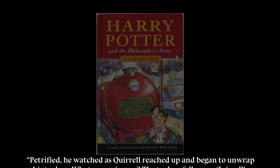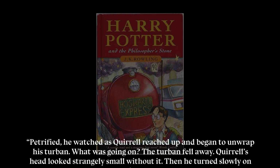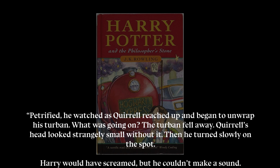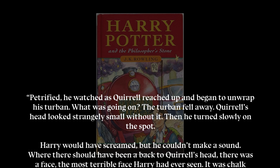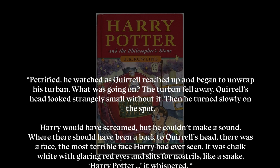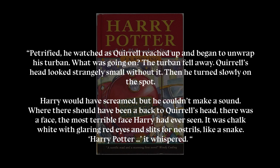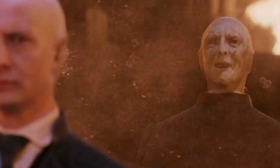Petrified, he watched as Quirrell reached up and began to unwrap his turban. What was going on? The turban fell away. Quirrell's head looked strangely small without it. Then he turned, slowly on the spot. Harry would have screamed, but he couldn't make a sound. Where there should have been a back to Quirrell's head, there was a face. The most terrible face Harry had ever seen. It was chalk white with glaring red eyes and slits for nostrils, like a snake. "Harry Potter," it whispered. Now, the first thing worth mentioning about this hideous form of Voldemort is that it is